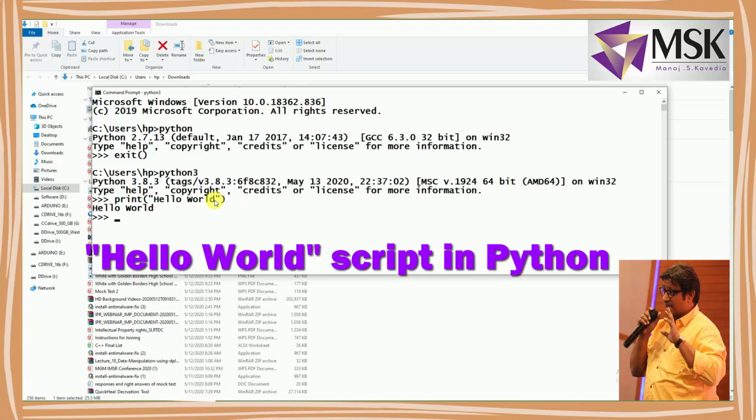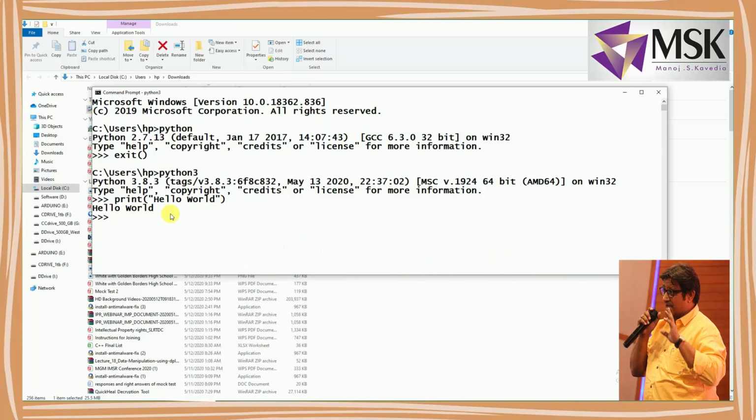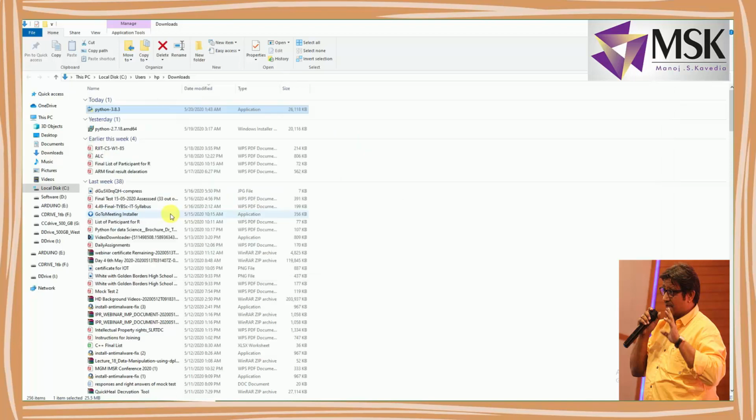See, it is displaying hello world. Means my Python interpreter is working fine. We are in the shell of Python. So I'll just write exit. And here also I'll write exit so that my command prompt is closed.